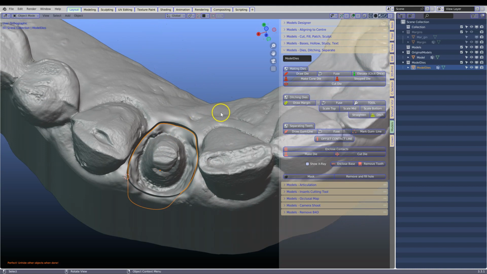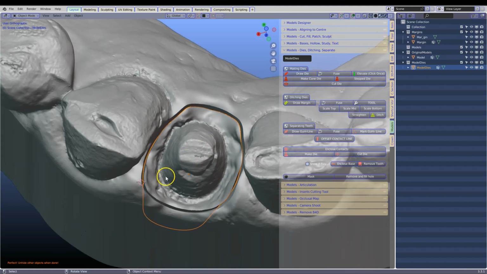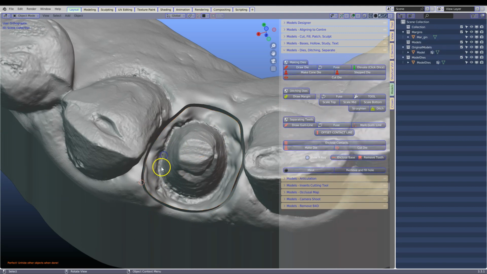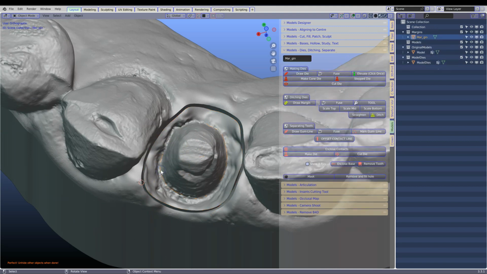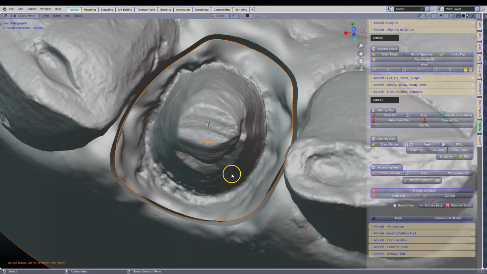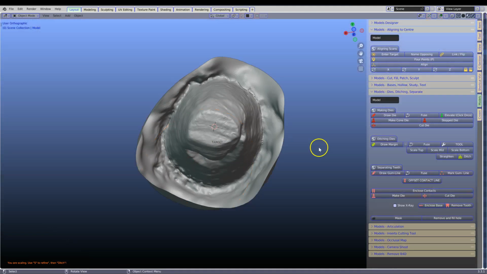Now we're going to expose your margin. The eye icon will unhide it. We essentially now have two margins. The one is from making the die. You can delete that one. We don't need that one. This one we need. I'm going to be hiding away my model, H, and what we're going to do is